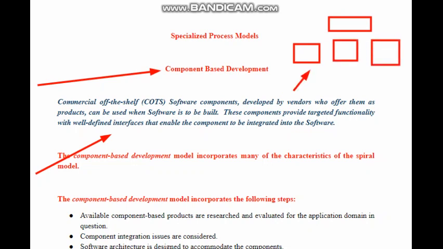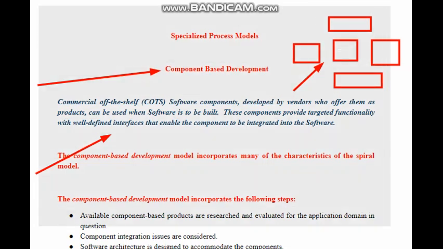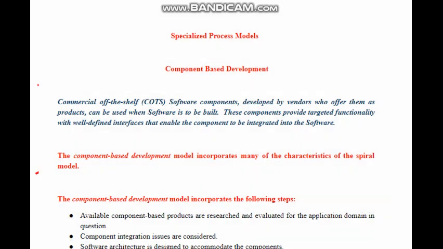Each individual module is created first and then tested. Suppose we have 3 modules: all individual modules are first developed, tested, and then finally integrated, and we get the original software. This is the modularization approach, where component wise development is carried out.